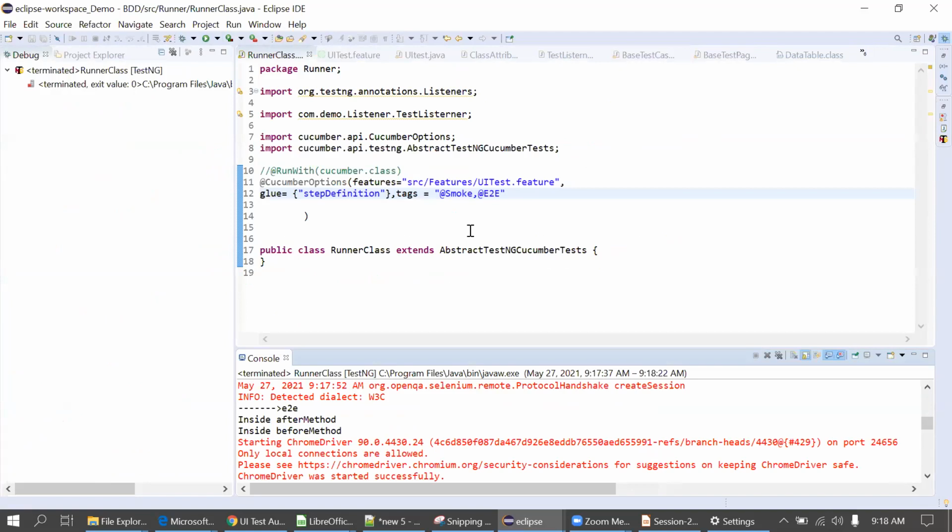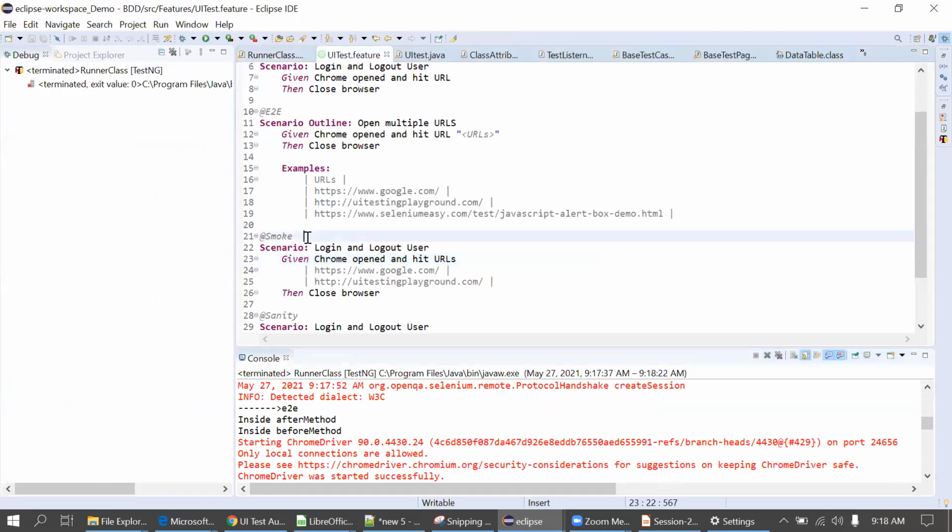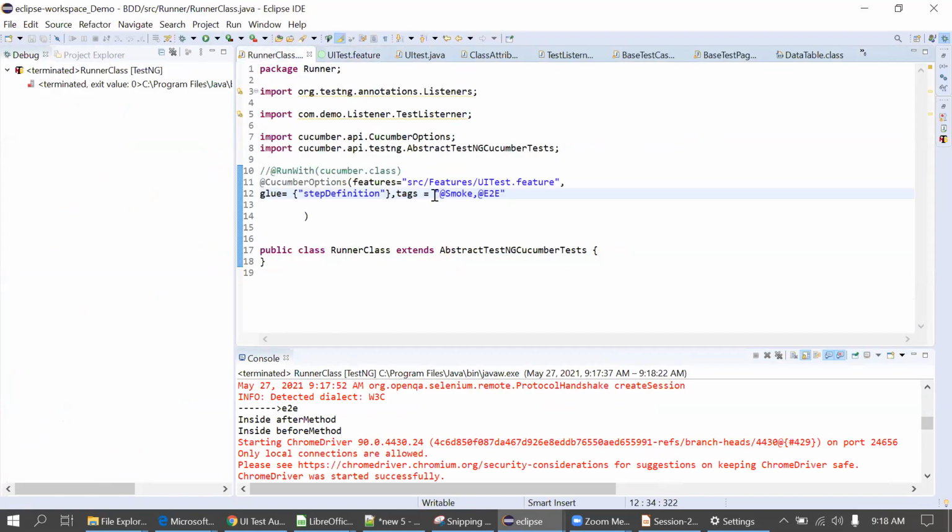How we can do the tagging in BDD. Sir, here we use @smoke and @E2E. We have written it here, right? No, sir, in the runner class, in tags. Yes, here. So it executes both test cases, right? The smoke one.